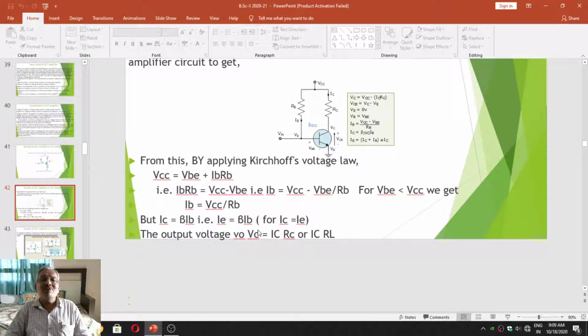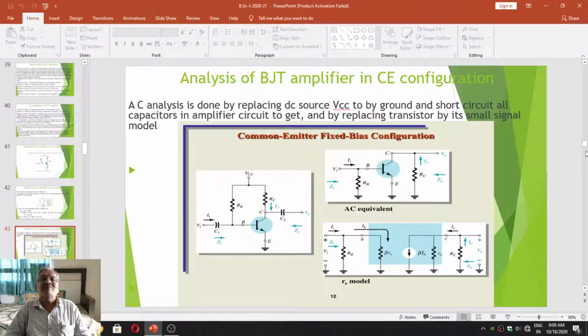So this is the output voltage which is developed. This is the base current, whereas this one is the collector current, which is equal to the emitter current. So these values we have calculated by performing the DC analysis. Here emitter is grounded, that's why VE is equal to 0. VB is as good as VBE, IB equal to VCC minus VBE upon RB, which we already treated here. IC is equal to beta into IB, we know that. So all these aspects make you aware how to calculate emitter current, base current and output voltage at the output. So this is what we can call the DC analysis.